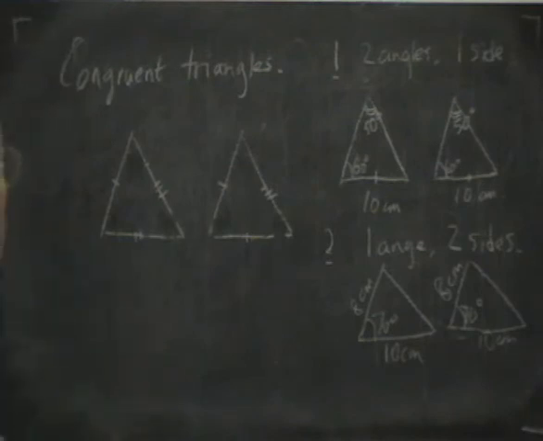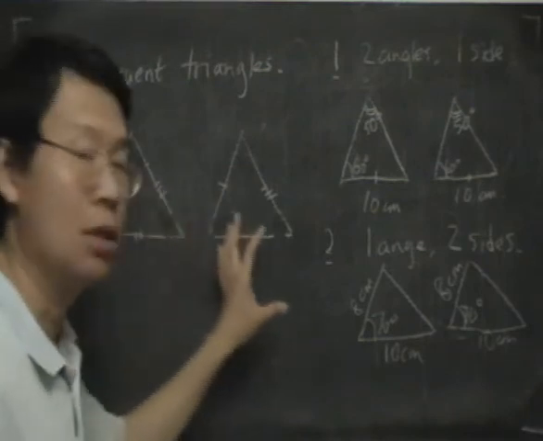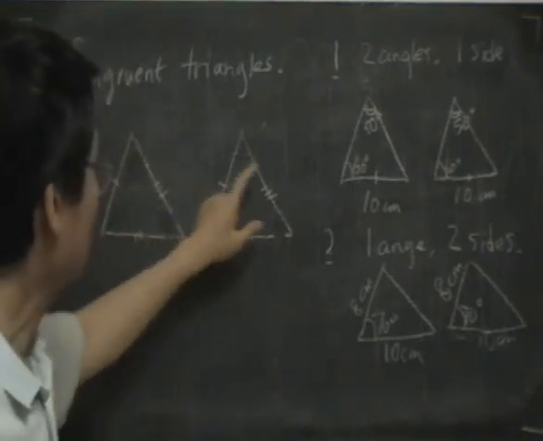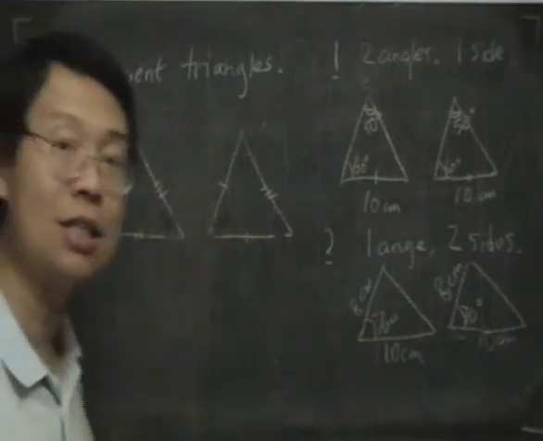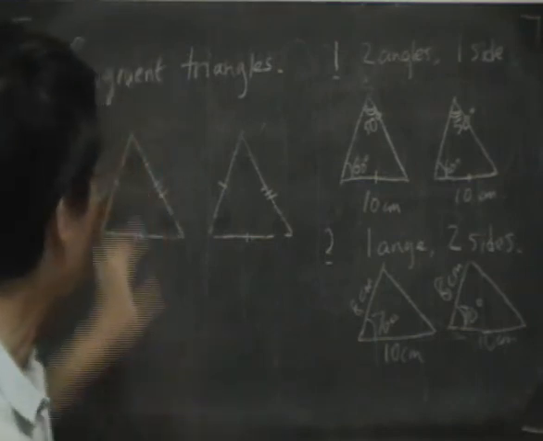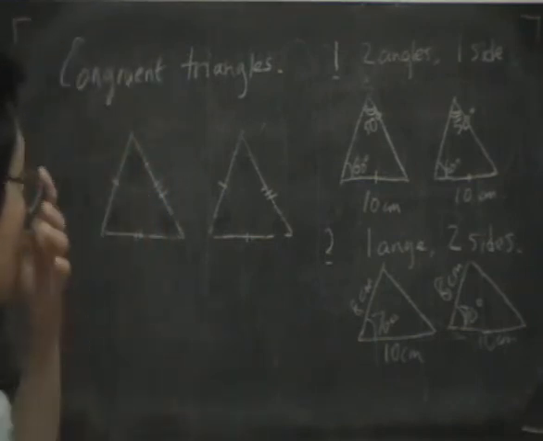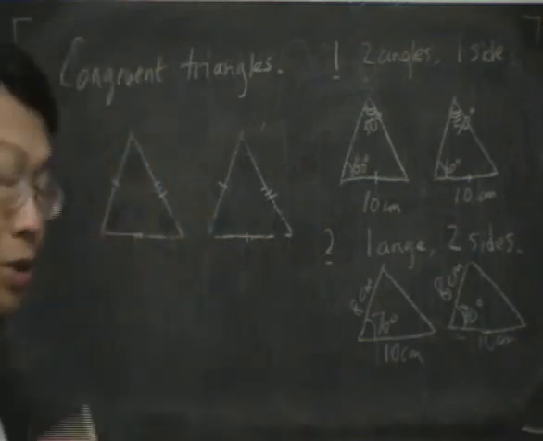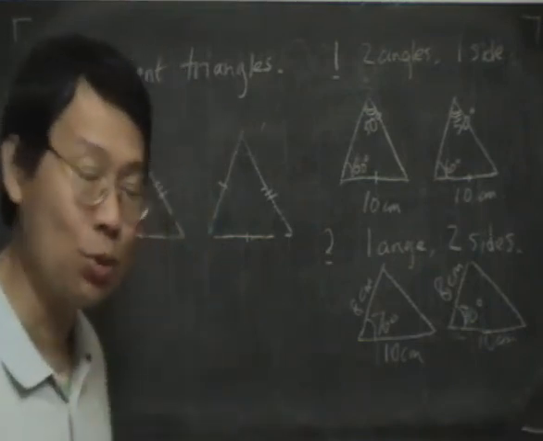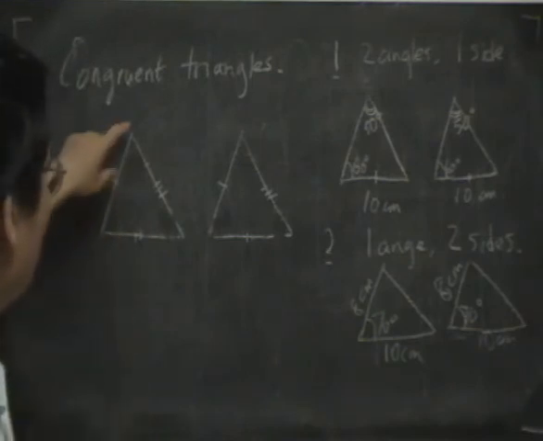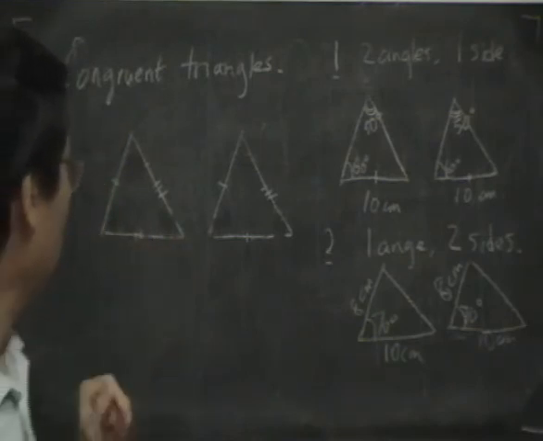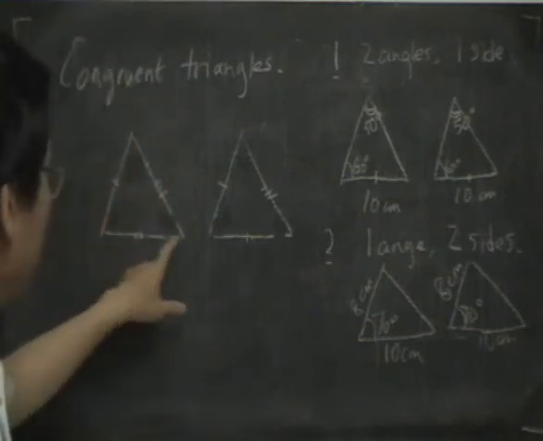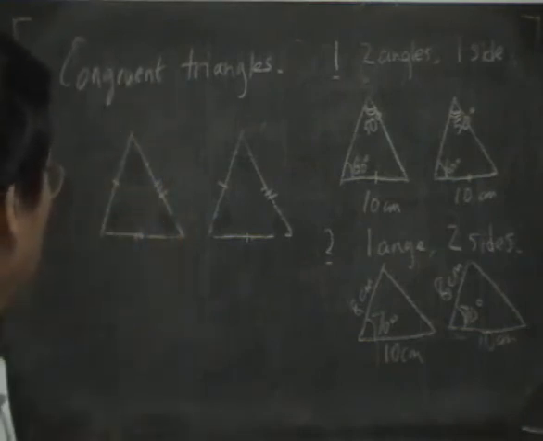Okay, the third condition is when we know that all three sides are equal, but we don't know what the angles are. We just know that the three sides are equal. In this case, they are also congruent, because you can imagine that if you try to draw the sides of the triangle with a ruler and pencil, you try to draw the length,